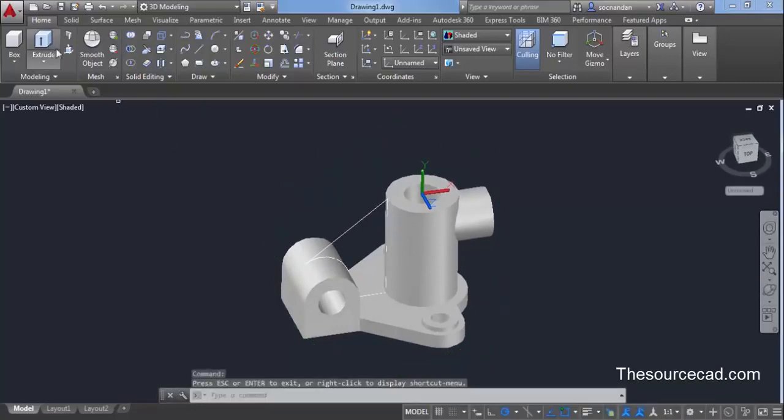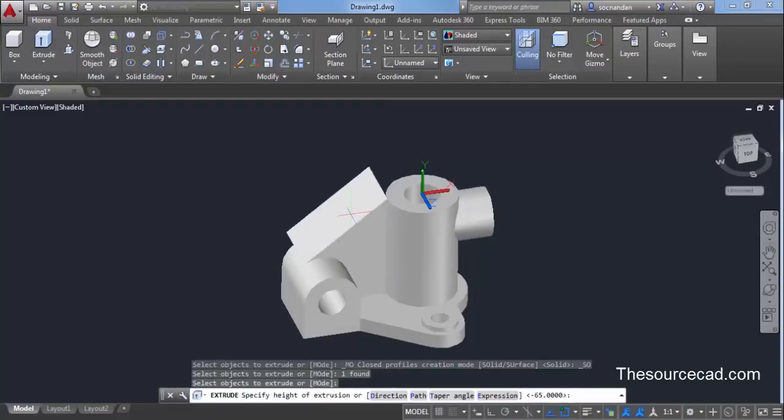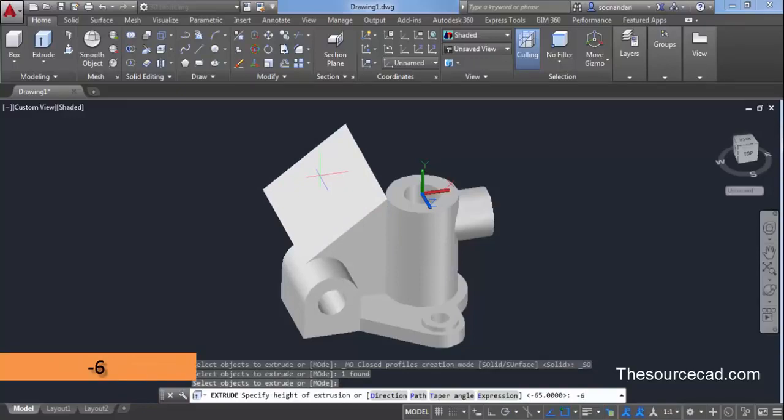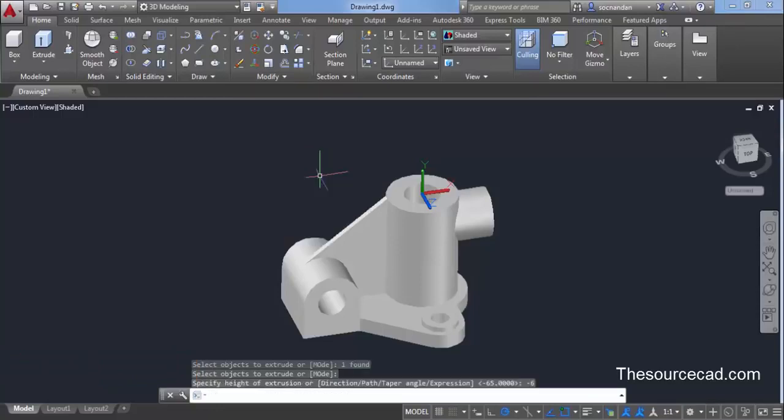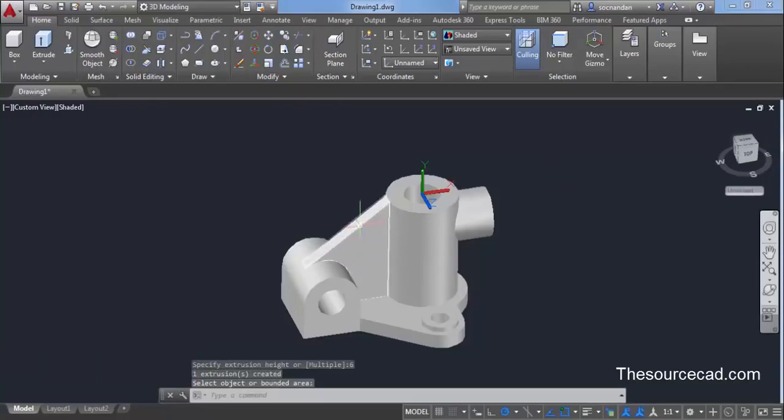For that, select extrude, select this line, press enter and enter a thickness of -6 unit, because positive Z is pointing towards you and we want to make it in the negative side. So press enter now, go to press pull, select this face and enter a length of 6 units, press enter. So now we have made this geometry with a thickness